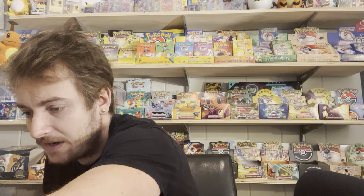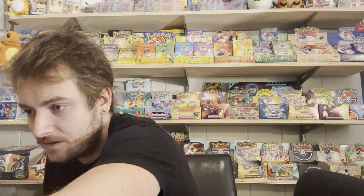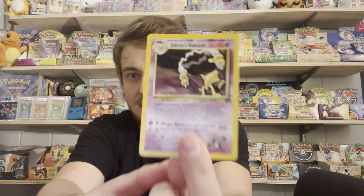So I think I will be putting this up for sale. Let's go ahead and I've got to sleeve this Alakazam. So we've got our Alakazam here, guys. Really beautiful sheen on the holo. Really a beautiful card. Looks like a perfect 10. I mean, no, the centering could be a little better, but hey, really close to getting a 10 on this card. I'm gonna put it to the exterior light, see if we can get some of that holo to pop